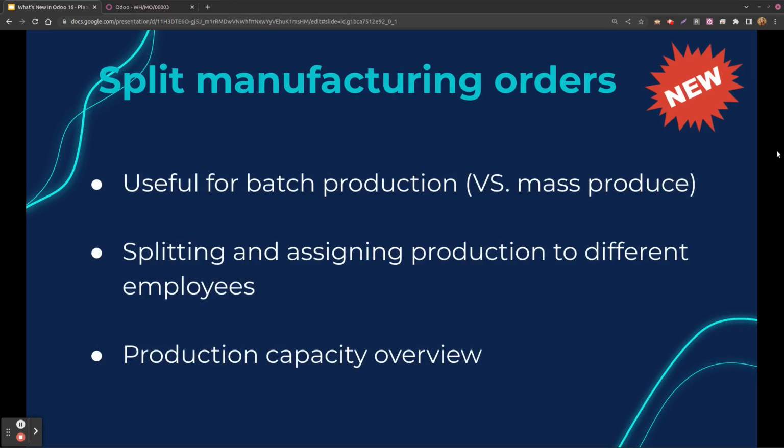Splitting manufacturing orders is useful for batch production, so when we are producing many units at once. Why is this useful? Because it helps splitting in advance your production and scheduling all the other orders in advance. What you can do is also assigning in advance the production of the different back orders to different employees, thanks